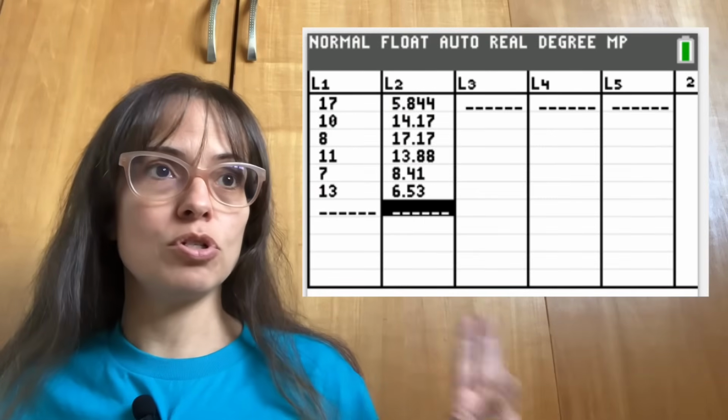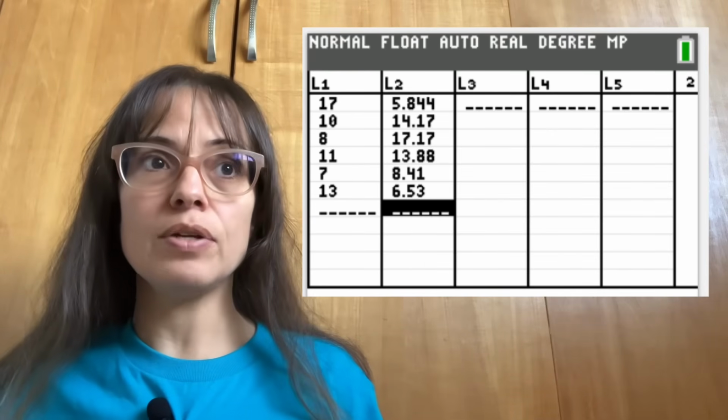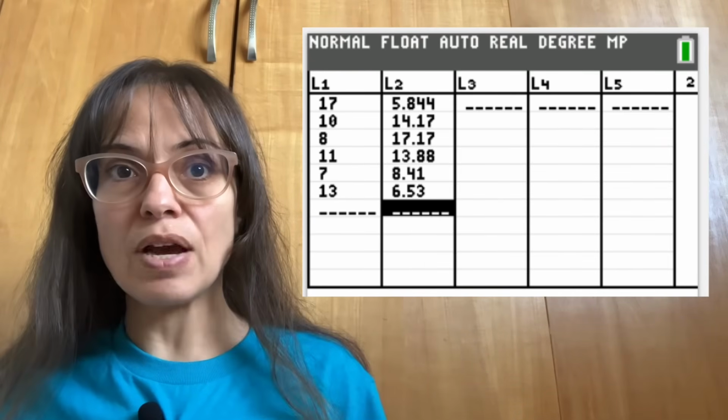All right, so now that I've finished doing all of that, the only thing that still remains to be done is to actually run the chi-square goodness of fit test. So I went into my TI-84 and I typed the two lists here. In L1, I am putting the observed values, and in L2, the expected values.